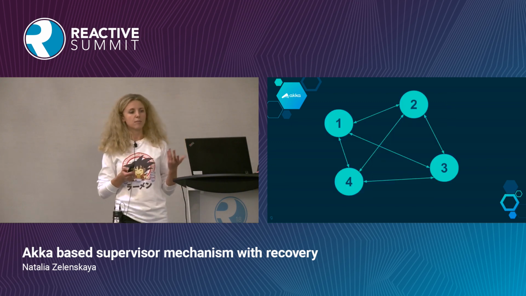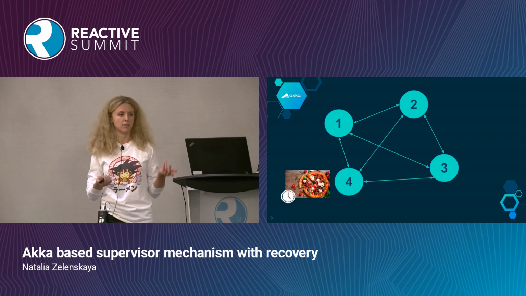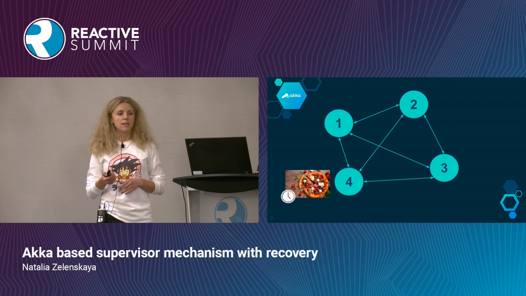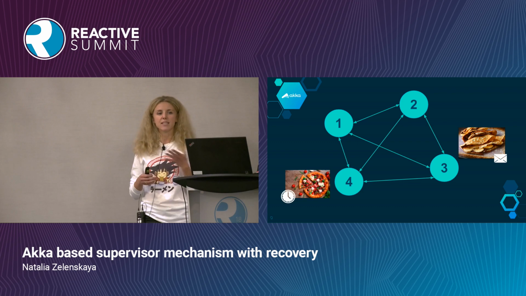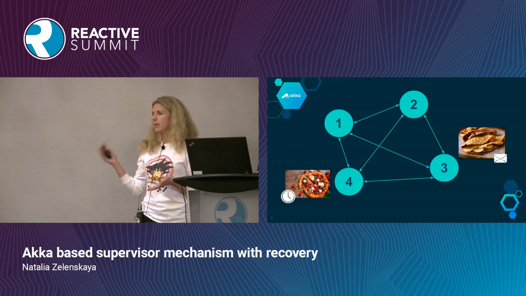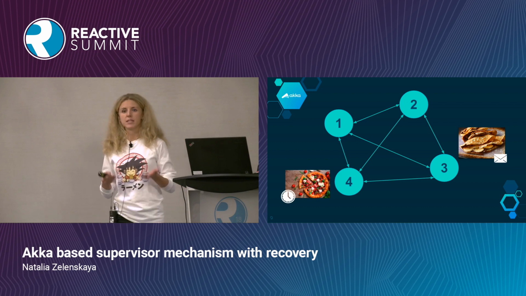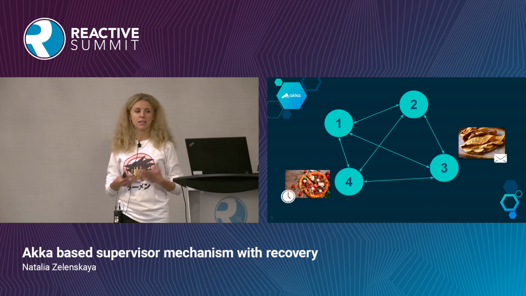If we go back to our cluster, we can imagine that, for example, node number 4 already is hosting our stateful Akka actor representing the pizza order and has some event scheduled in the future. So it's in-memory state that we don't want to lose, and it's located on node number 4. Another example, node number 3 might have an order for crepes with Nutella. Someone has placed it, and it's already in the process of making a remote call to a restaurant to send a request for confirmation. So while in theory everything should work fine, and we have in-memory state so the service should be super fast and efficient, in reality lots of problems can happen.